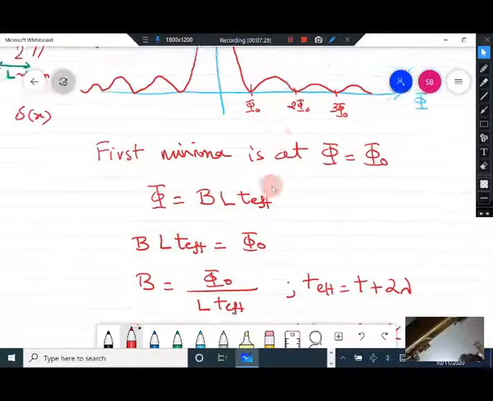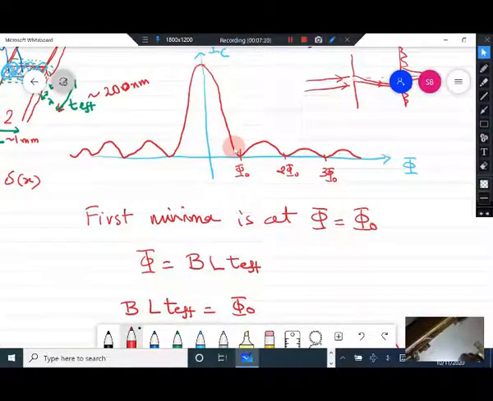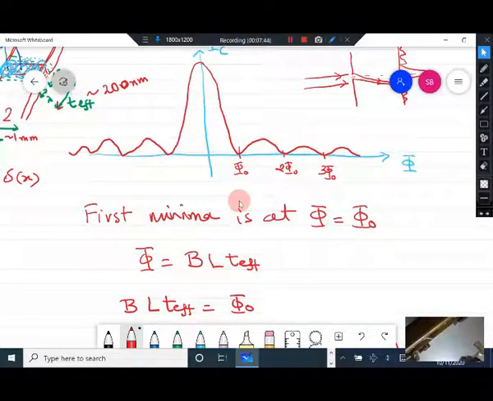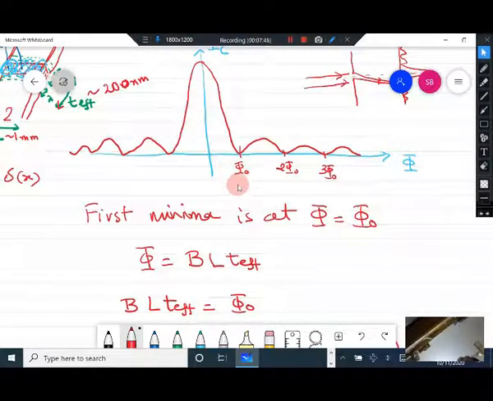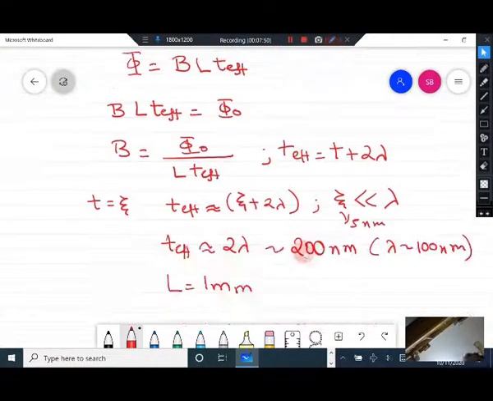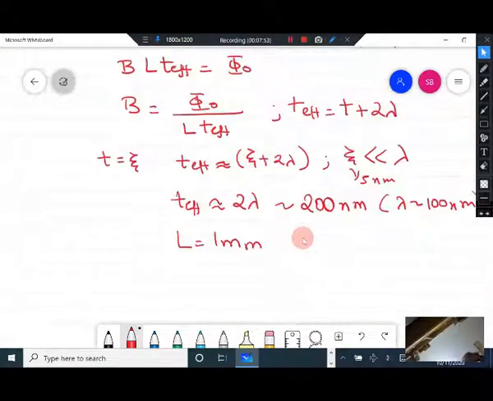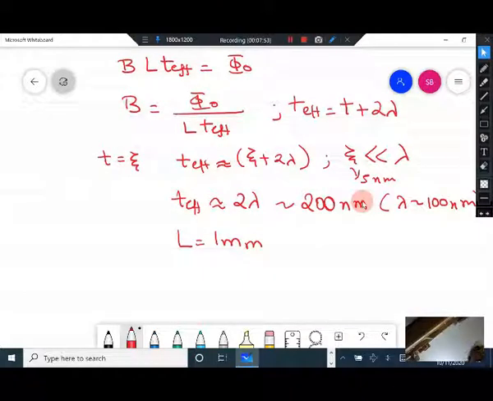So with the Fraunhofer diffraction, you can see that if the critical current goes down, if you measure the critical current and if it is fluctuating like this, then you can observe changes in magnetic flux which are of the order of phi naught, 2 phi naught, 3 phi naught, and so on. So you can observe such changes in magnetic flux. Now we want to find out how much is the magnetic field at which you will get this first minima. And if you try and estimate that, now if you put that in the above expression,